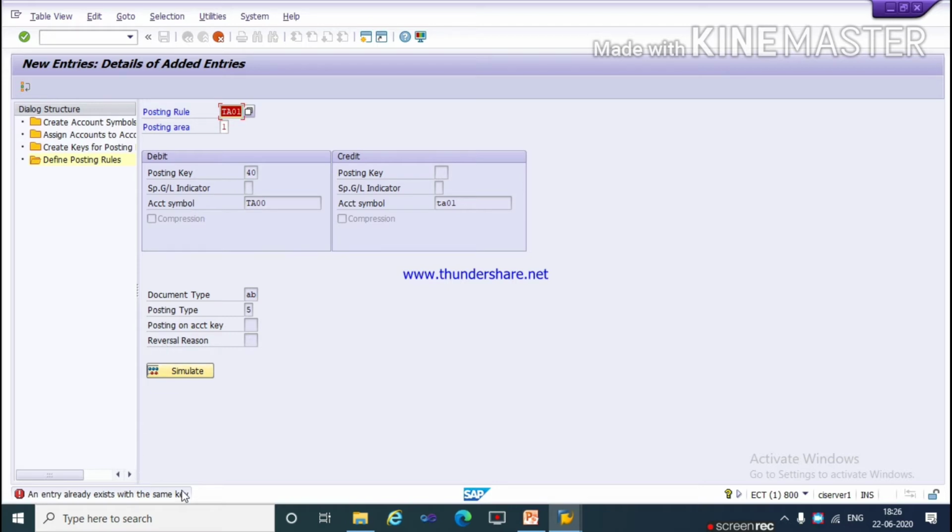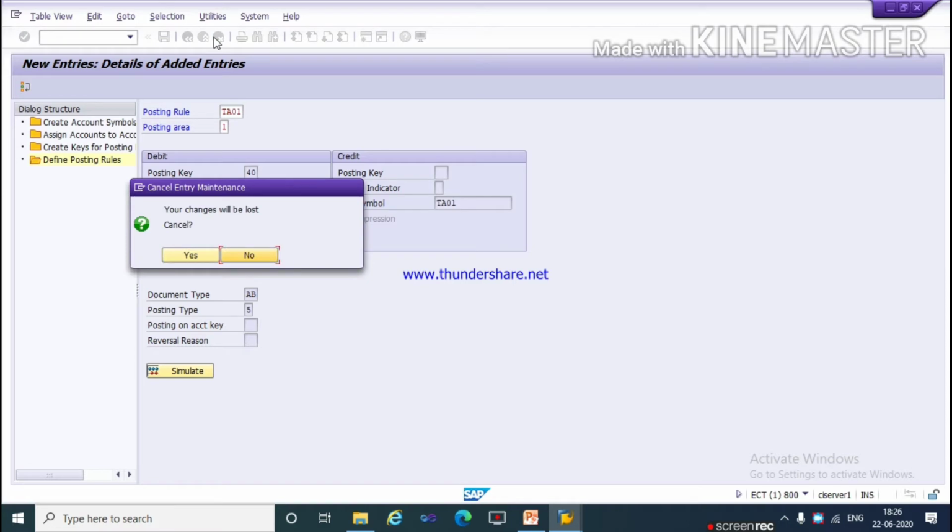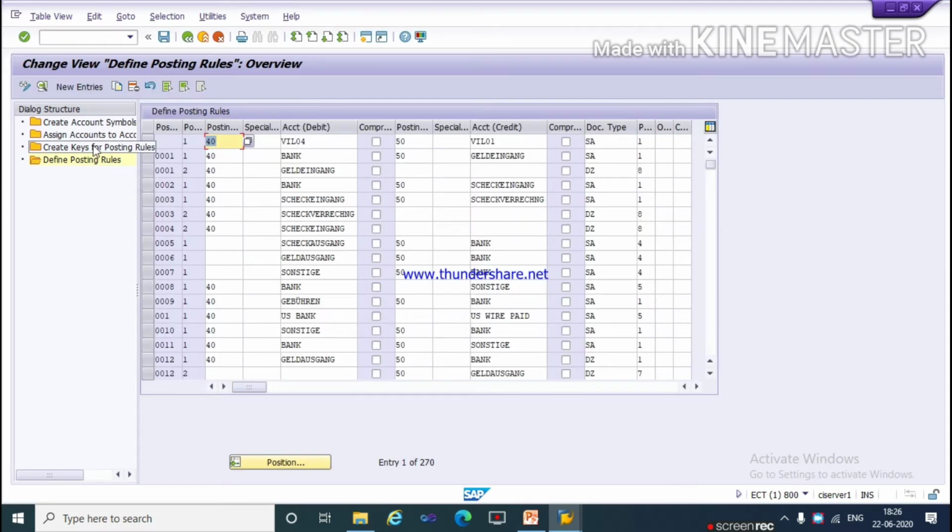This entry already exists with the same key. So you need to define like this. As we defined in my previous video for manual bank statement, in a company, either they use a manual bank statement or they use an electronic bank statement.